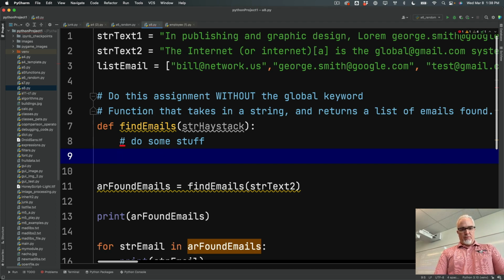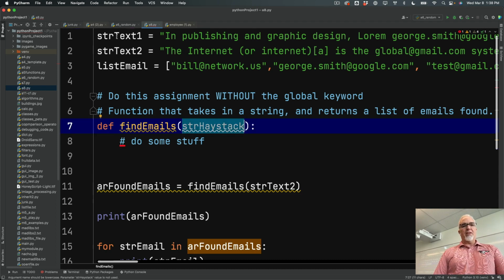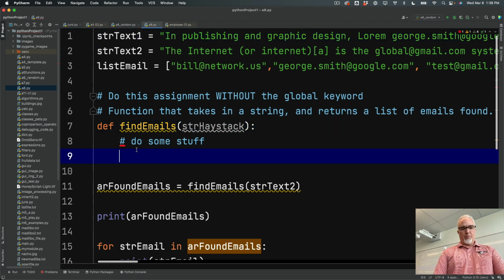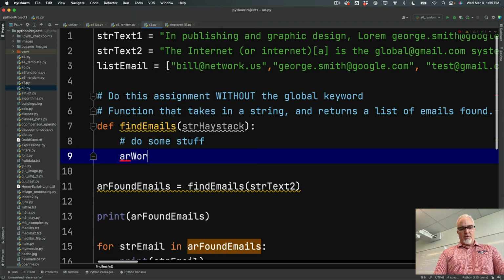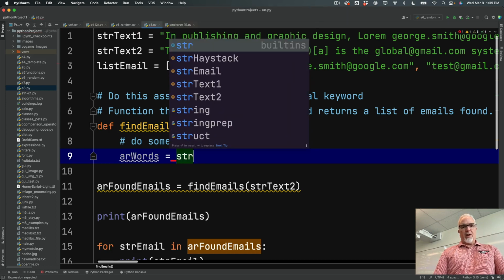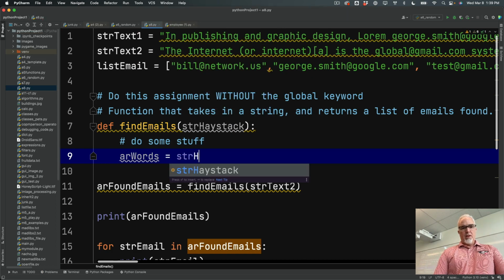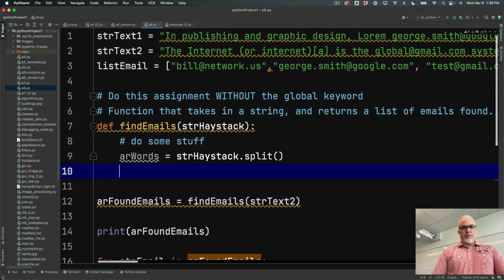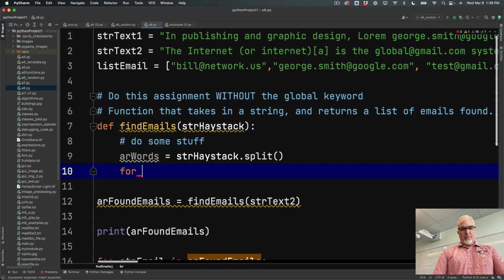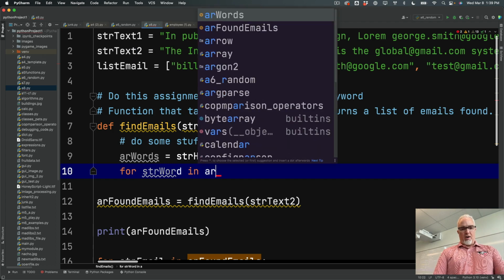I'm giving this a string parameter called str_haystack. This is the string that I'm going to process. So I'm going to say arr_words equals str_haystack.split. And that is going to give me a list of words. Then I'm going to iterate through those words using a for loop: for str_word in arr_words,